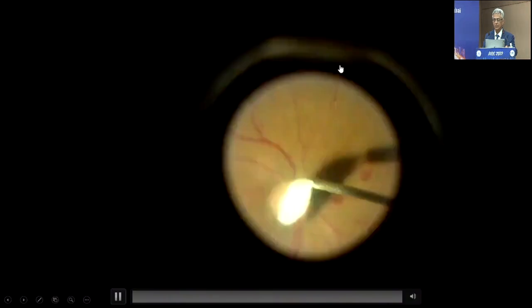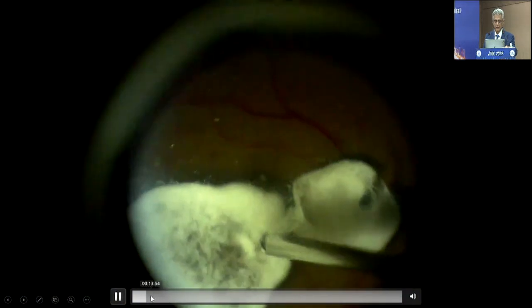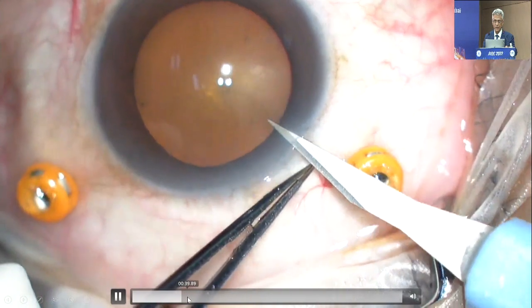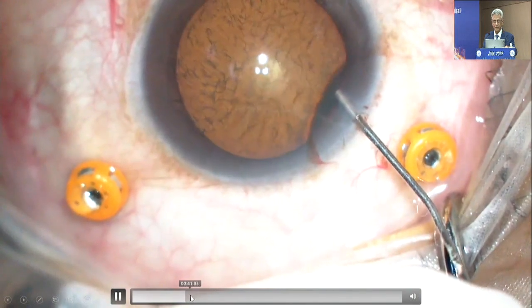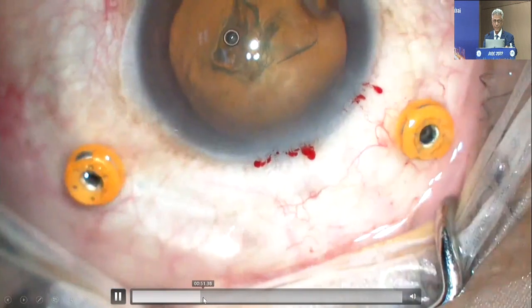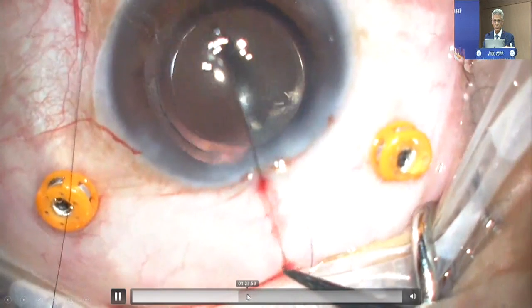So what kind of surgery do you do? I think it's a standard MIVS surgery, 25 gauge. You put triamcinolone to peel off the hyaloid in a patient who has traction edema, and try to gently increase the suction, engage the hyaloid face, and this hyaloid does come out most of the time in a single attempt. After you have removed the hyaloid, this patient had cataract also. A lot of times we combine cataract surgery. Very important, as Mangat was saying, you have to have a very good cataract surgeon at hand also. After this nice cataract surgery was done, the pupil was still good. So we went ahead and